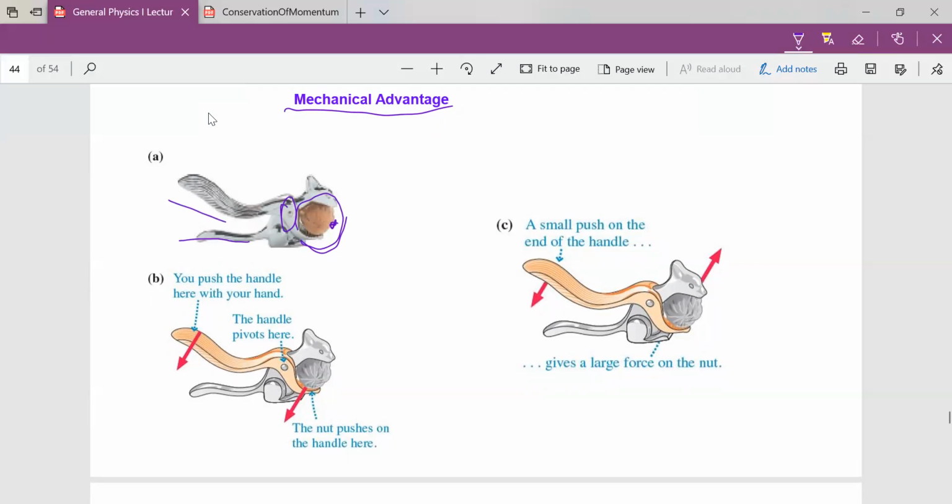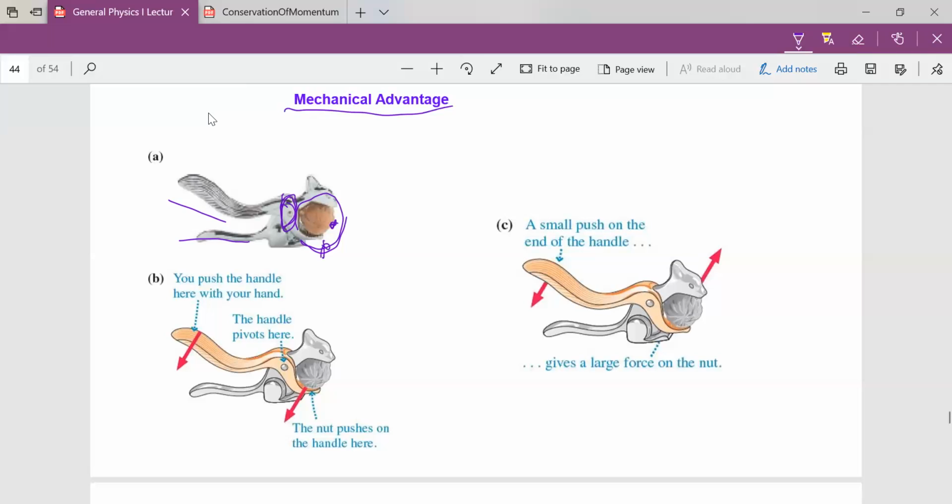Now the long handle is designed such that when you apply a small force, it will translate around this pivot and yield a multiplied force that will lead to